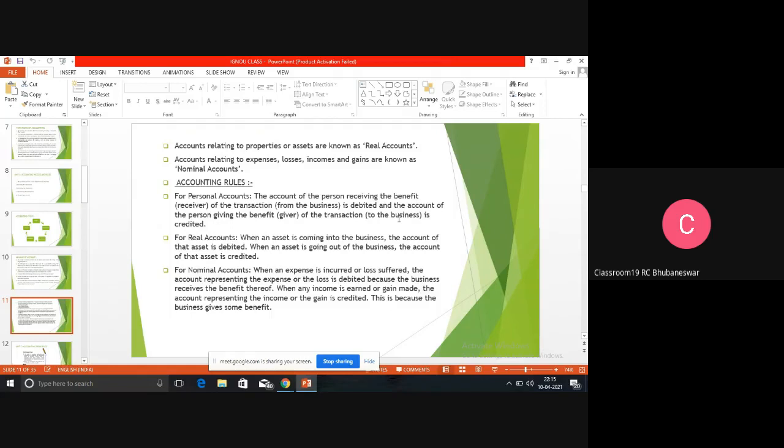Then comes the nominal account. We have read three types of account: personal account, real account, and nominal account. Personal account defines a person, whether an artificial person or a representative person. The second is the real account, which defines all the property of the organization. And the third is the nominal account. Nominal account means all the expenses, losses, incomes, and gains. That means, in the organization throughout the period, what are the expenses and what are the revenues? These are taken into one form of account, which is known as the nominal account. And when we are talking about